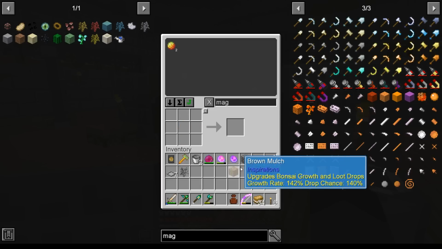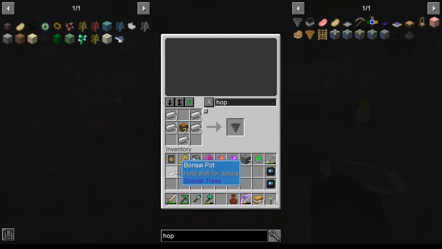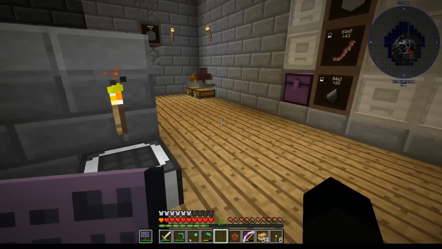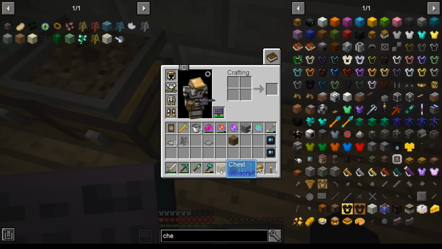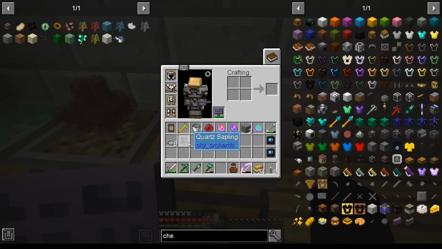Okay. And I need to make another hopper, which we will convert into a hopping bonsai. We'll go to normal chest. And for now, again, these will live in here. Because quartz is an odd one, actually. I'm not sure whether we'd want to do a lot of quartz or whether...